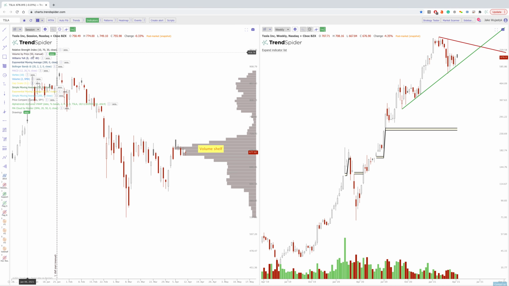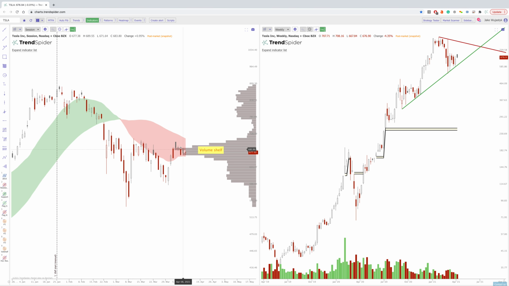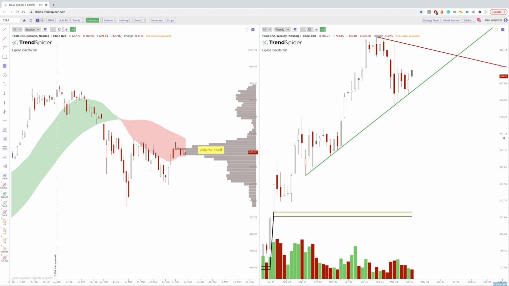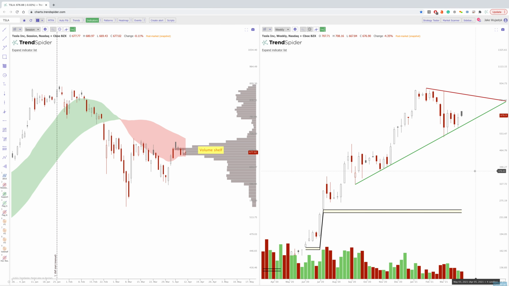And if we add the Ripster moving average clouds, you can see here that we are right in confluence with this cloud here. So not only do we have the volume shelf, but we also have this moving average cloud here as well. Now on the weekly side, I just kept it simple, and I added just two trend lines